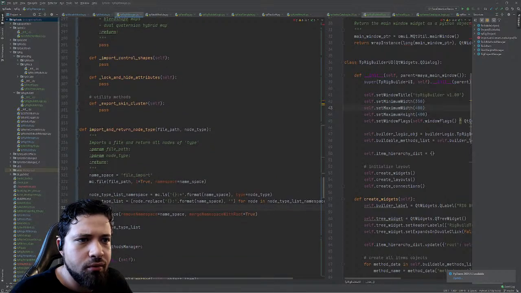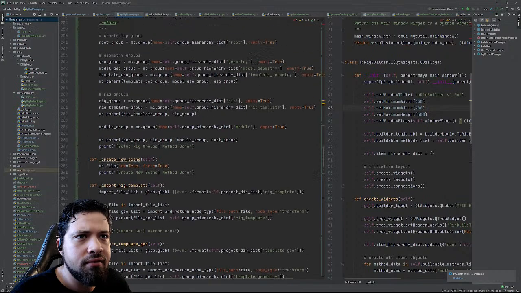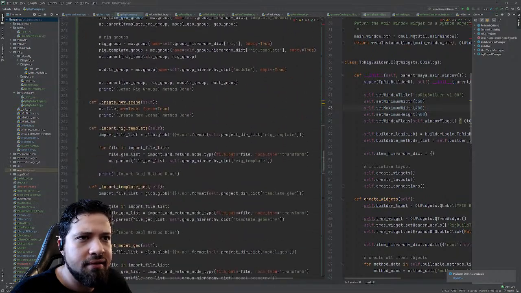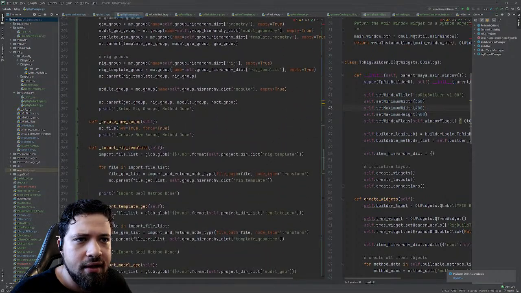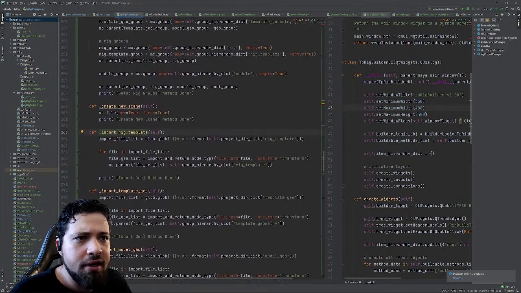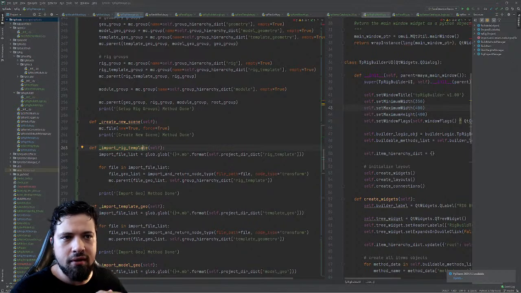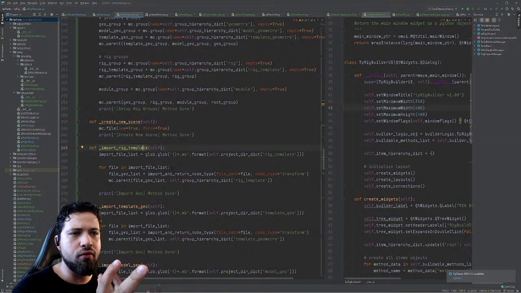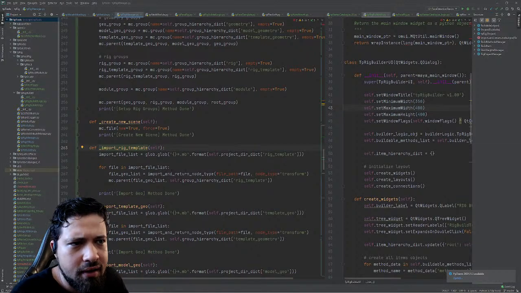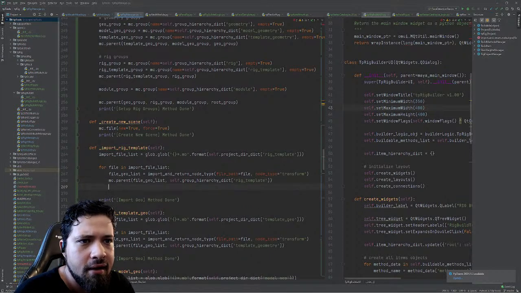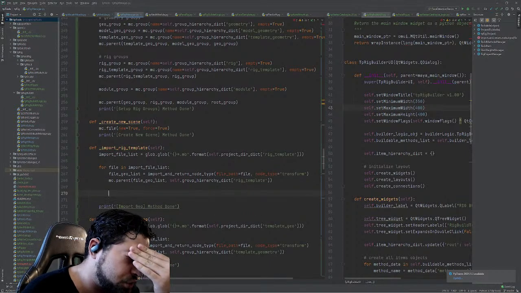So here we were just removing the namespace. This is all correct. I don't believe we need to change anything on that particular thing. What we need now is to be able to keep the hierarchy of the things that we are changing. We're moving things inside of the hierarchy, and we just want to keep the hierarchy. The way that I think we could do this is by parenting or checking